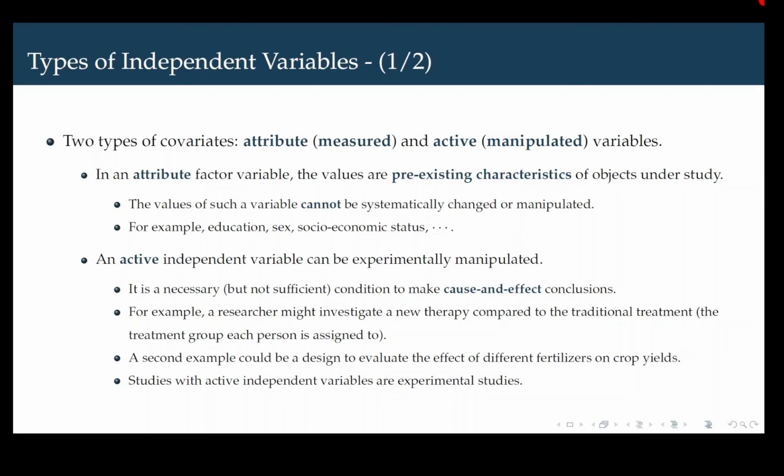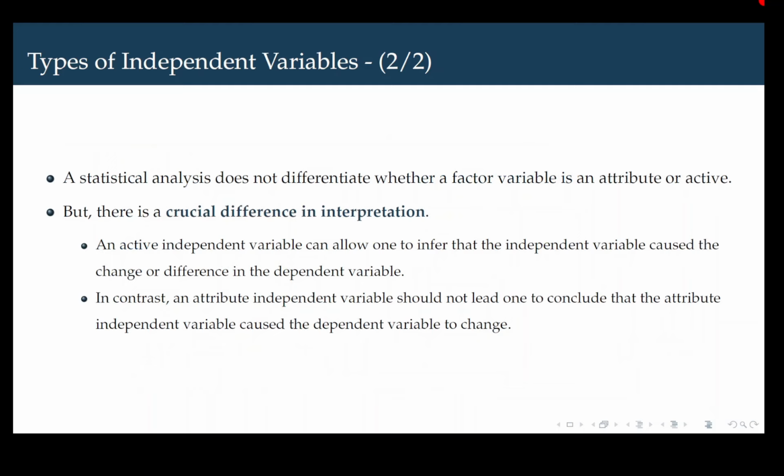whether the values can be manipulated or not. Those independent variables whose values cannot be manipulated are called attribute independent variables, and those variables whose values can be manipulated are called active independent variables. In general, a statistical analysis doesn't differentiate whether a factor or an independent variable is an attribute or an active,